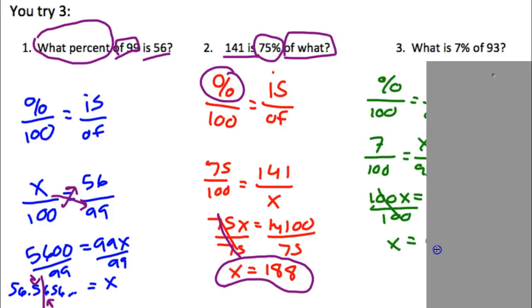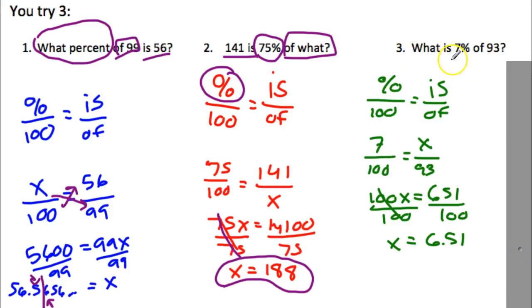What is 7% of 93? So what is 7%? I circle that. Of 93, and it says what is. So percent, I put 7. Is, it said what is, so I put an X. Of 93, I put a box. Well, I boxed it, and then I wrote 93 down here. Then I cross multiply. 7 times 93 is 651. 100 times X, 100X. I divide by 100, divide by 100. X equals